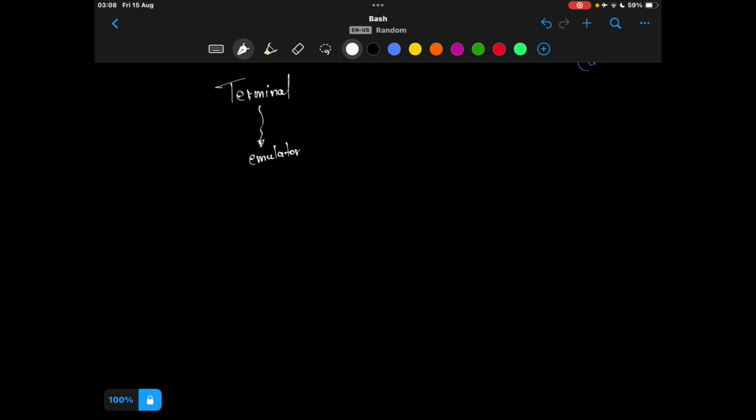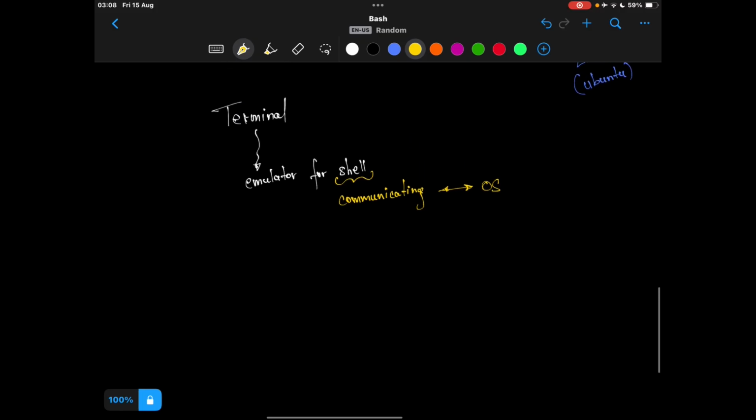Similarly, terminal is just an emulator for the shell. And shell is what? A program communicating with the operating system to and fro. It sends the command, the OS does something and shows it on the screen. So terminal is just an emulator.